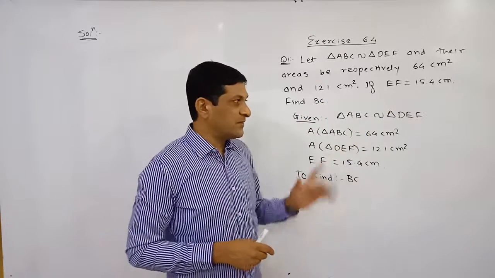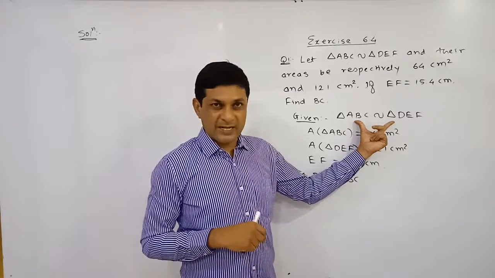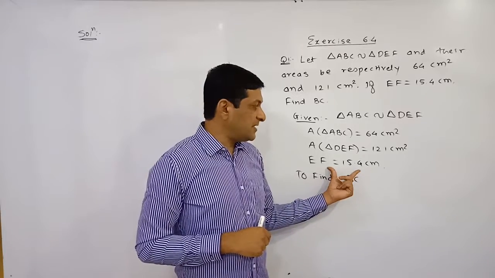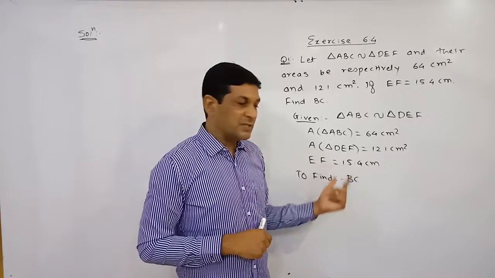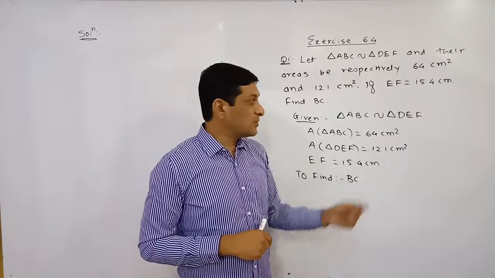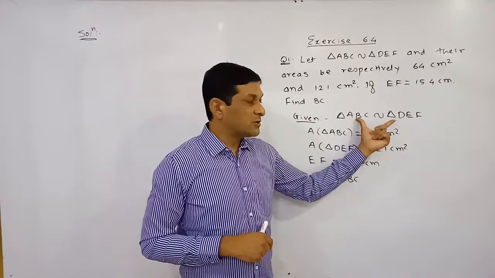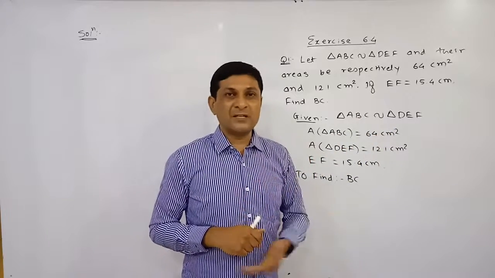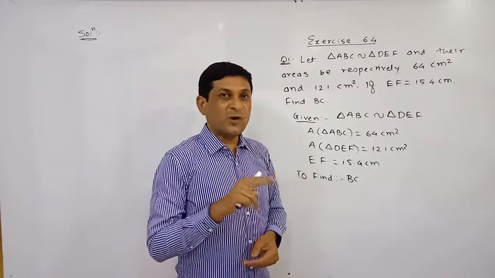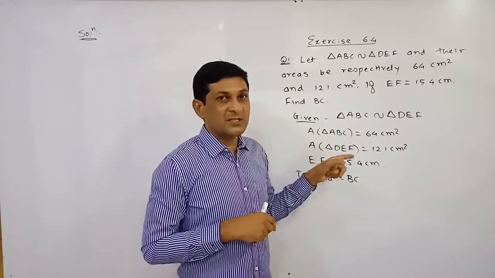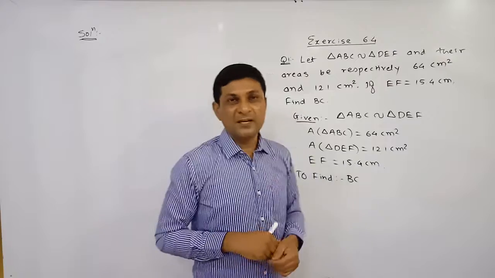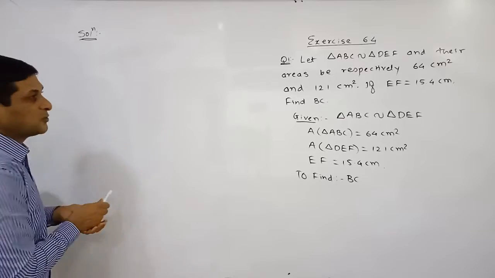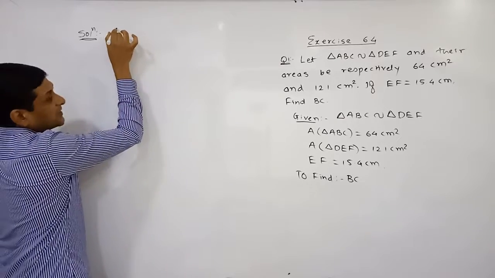So first we have written the given condition that the given two triangles are similar. Area of both the triangles are given to us and one side EF is given to us. And using this, the question is to find out BC. So here the example is related with what? Two similar triangles, and areas are also given to us. We proved one theorem in the last video that the ratio of area of two similar triangles is equal to the square of the ratio of corresponding sides. Using that theorem, we are able to solve this example since areas are given to us and the two triangles are similar. So use the given condition here.